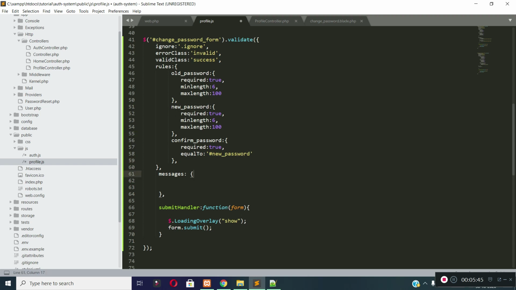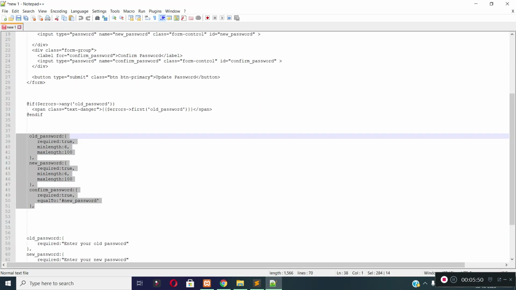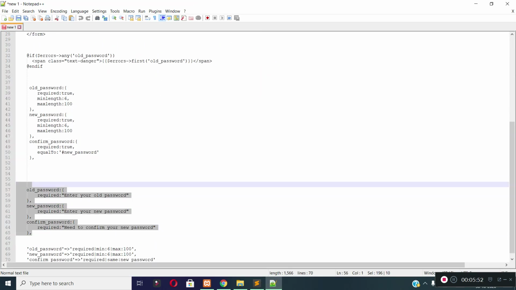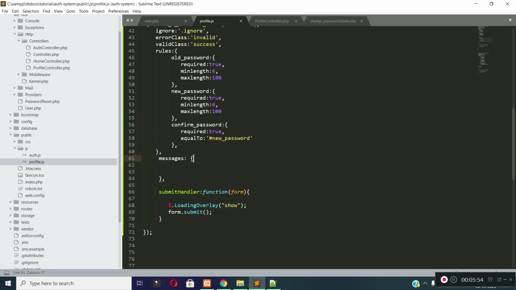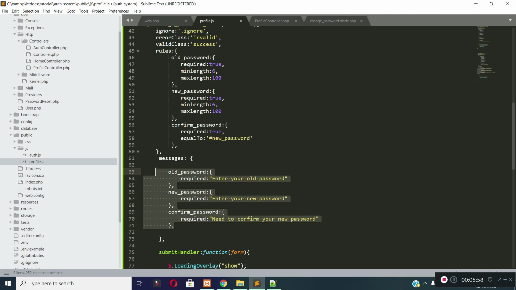And then let's add some messages for our validation rules. If you want to override default messages, you can override the messages inside messages object. If you do not want to override the default messages, you do not need to provide messages object here.